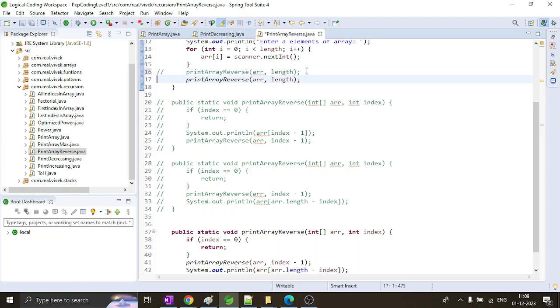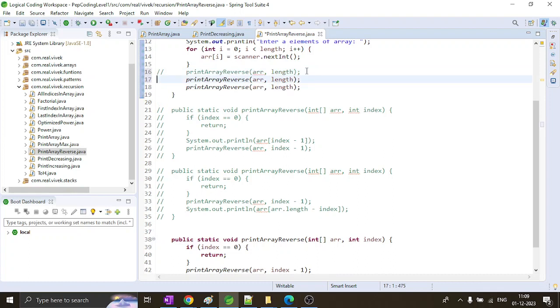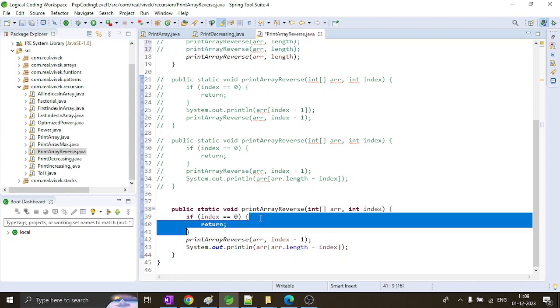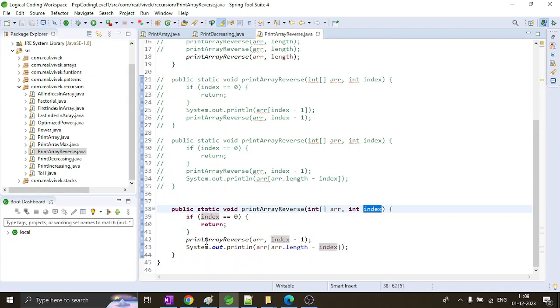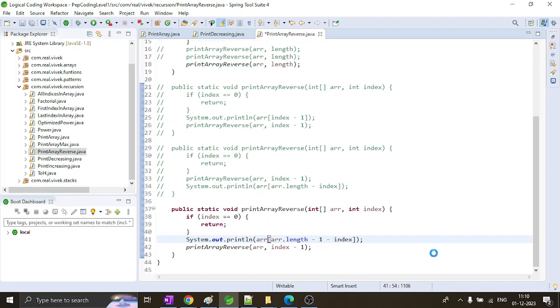So this was for the first one, this was for the second one, and let's say this is for the third one. The method calls, I mean, yeah. So we have this System.out.println arr.length minus 1, which will give us the last element, and then we do minus n, or the index, right? We have index here. Okay, and then we just do arr comma index minus 1. So what it will do is it will start the iteration with index 0, and it will give us the last element first,